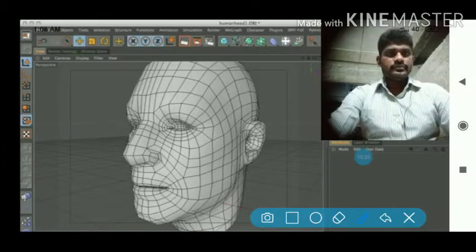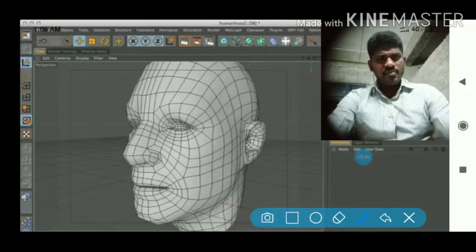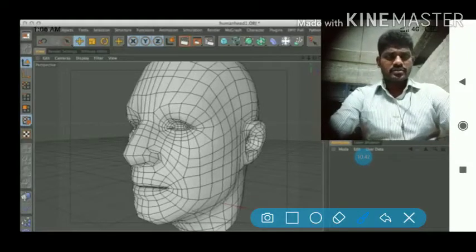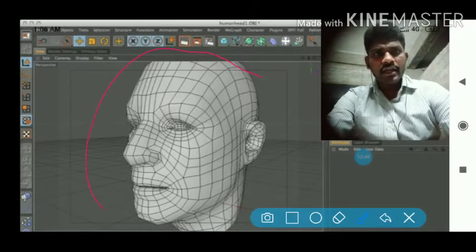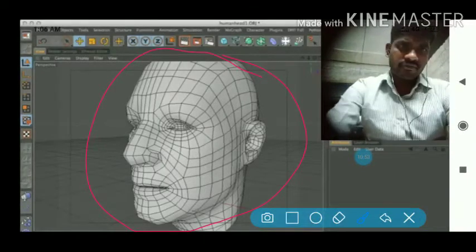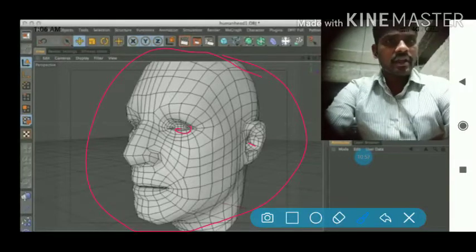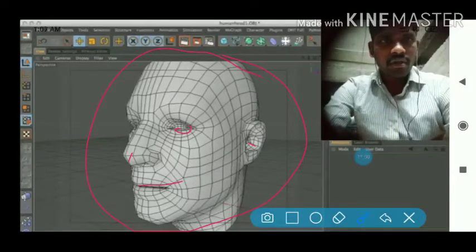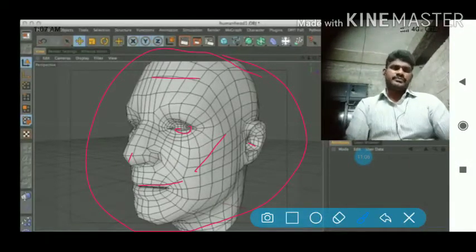Look at the figure. This is a very complex figure. If you want to make any modifications or changes on this figure, in the entire head, near the ear, inside of the eye, nose, mouth, forehead, cheeks, wherever you want to make any changes,